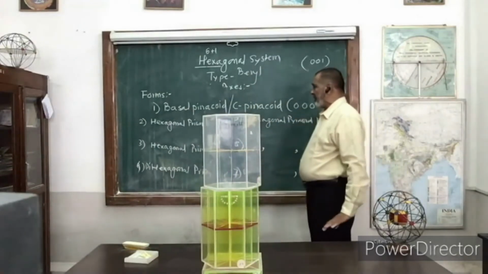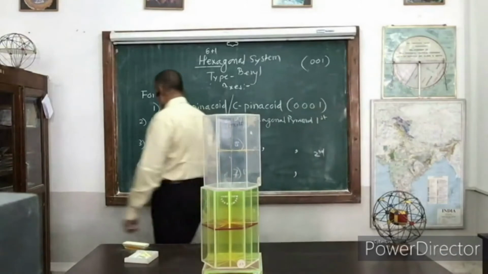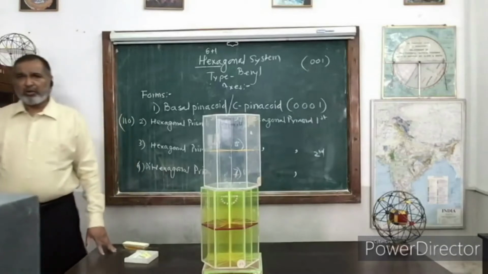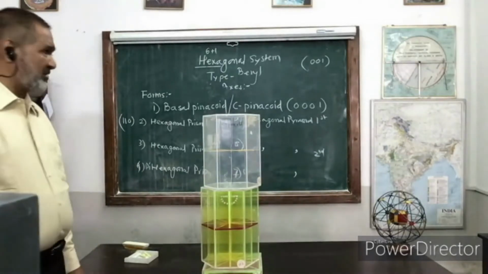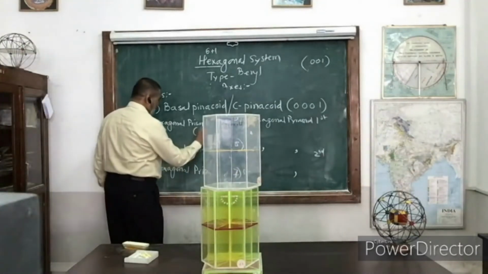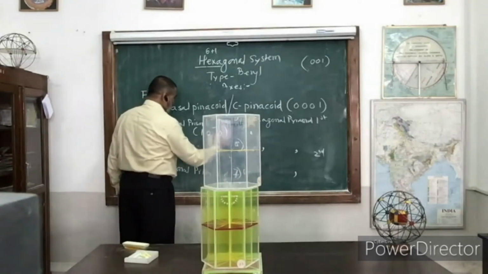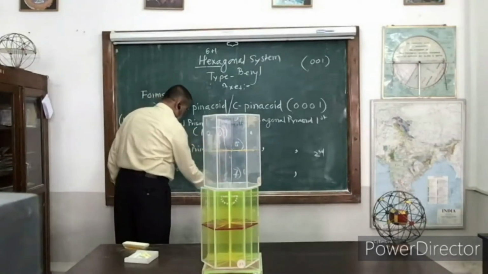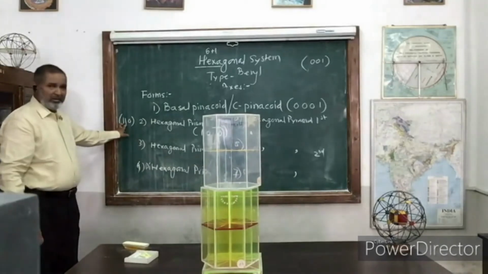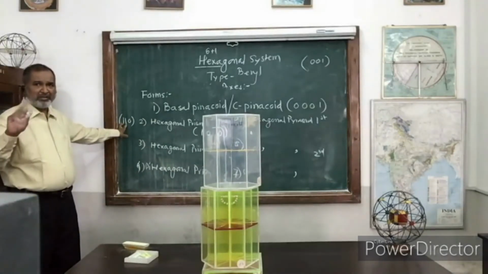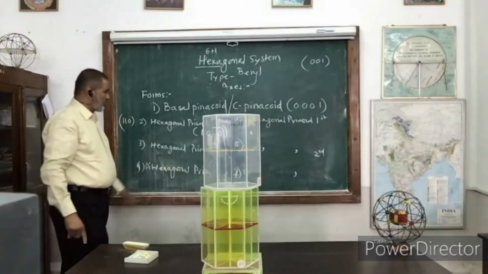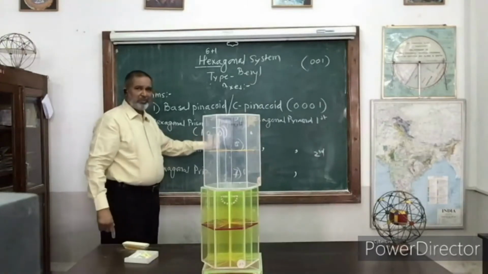Now the normal indices, what we have for the prism. If you see the prism normal indices 1, 1, 0, that means it is going to cut two axes and remain parallel to the C axis. So here also the same one. So what we have is 1, 0, bar 1, 0. So C will remain parallel in this case. The prism is going to cut two axes, remain parallel to one of the horizontal axes and the C axis. So here we have 1, 0, bar 1, 0.